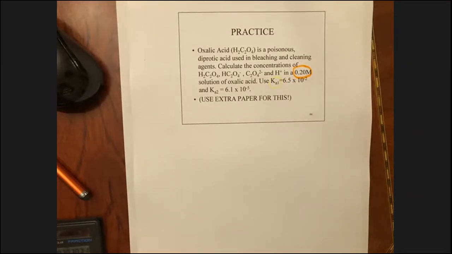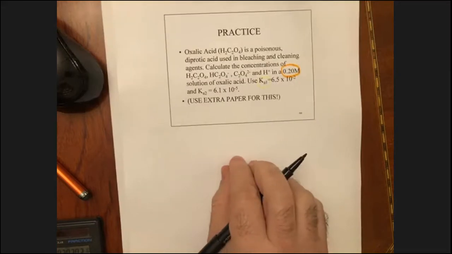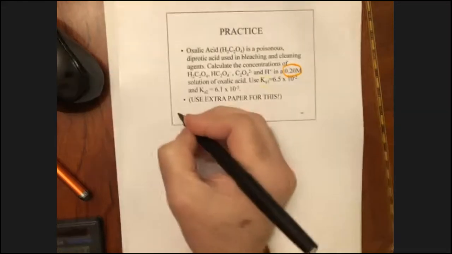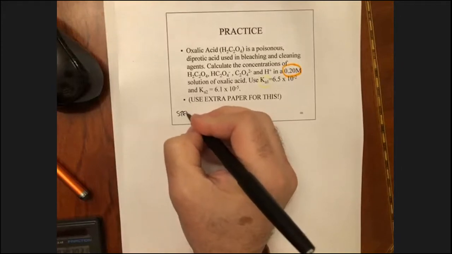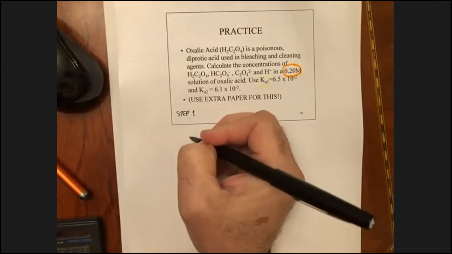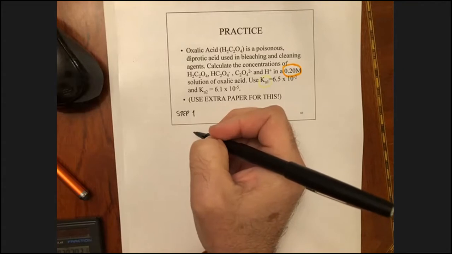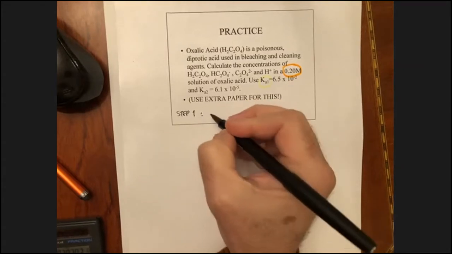And to solve this problem, we're going to have to break it up into parts. And so I need to find my notes. Oh, here they are. Okay, so we're gonna have to treat this as a two-step process, okay? So step one is gonna be the ionization of just the pure oxalic acid. So that would be